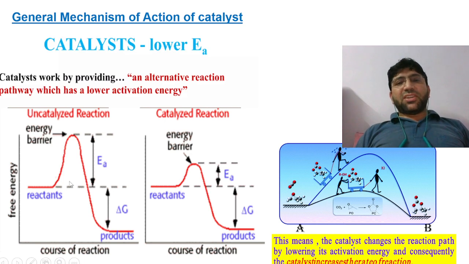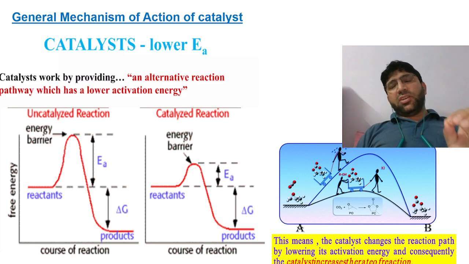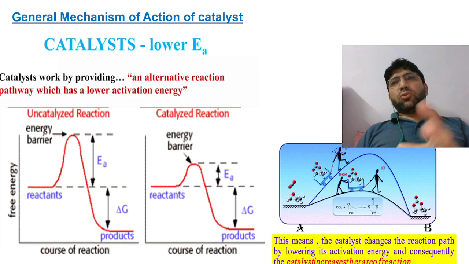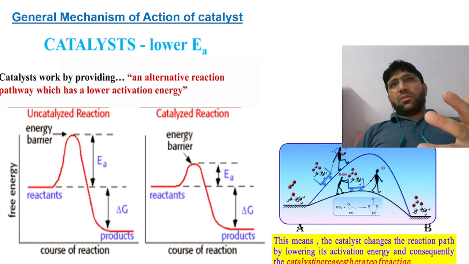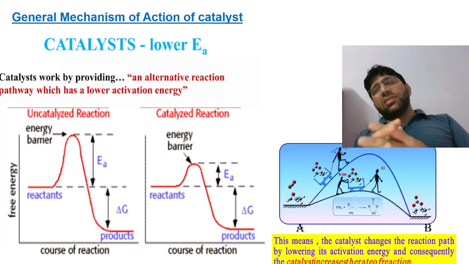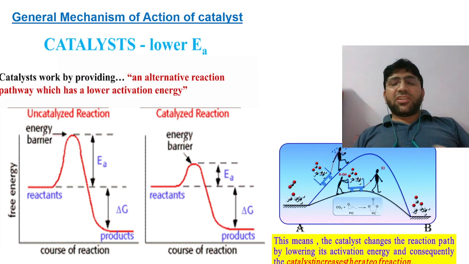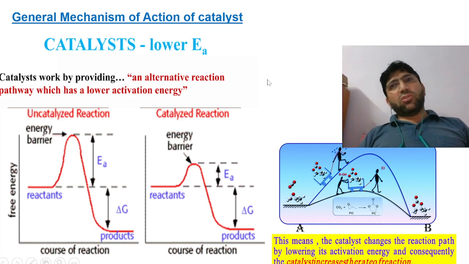How it decreases the activation energy, we will also discuss. First of all, what is activation energy? We know that when a reactant gets converted to the product, the reactant has to cross an energy barrier, which we call the threshold energy. Then only will the reactant get converted into the product. The energy of a molecule in the reactants in the ground state is less, so it will not cross this energy barrier. That means we have to supply some external energy to make the ground state energy of the reactants equivalent to the threshold energy.